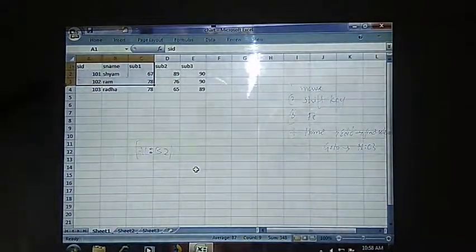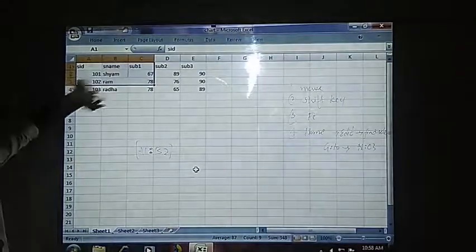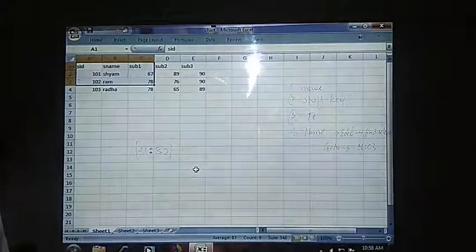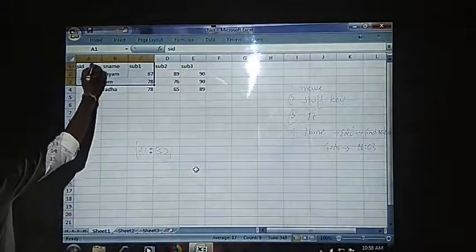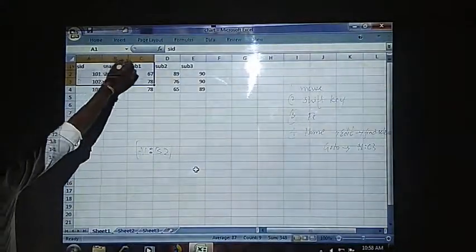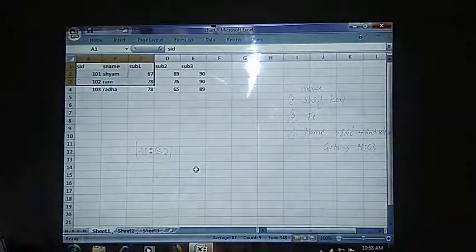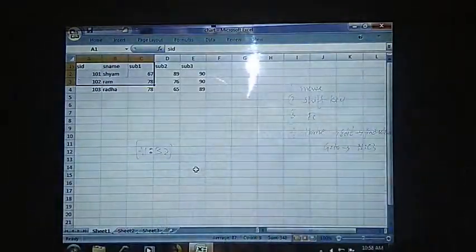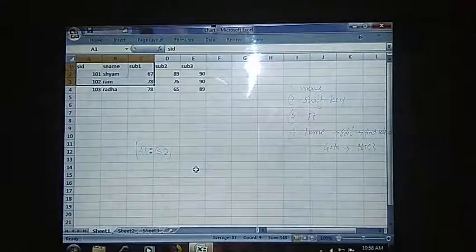In order to select the third row, I will click on the third row header. In the same way, when I want to select the column, I will click on the column header. Like that you need to select the columns and rows.